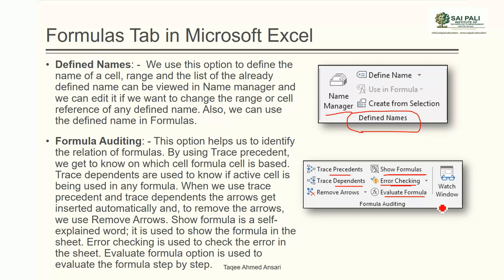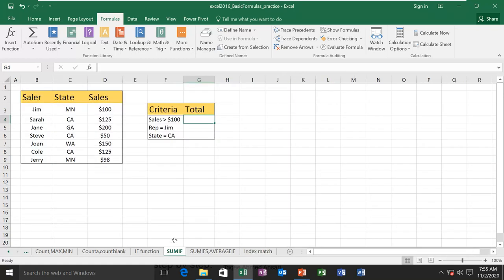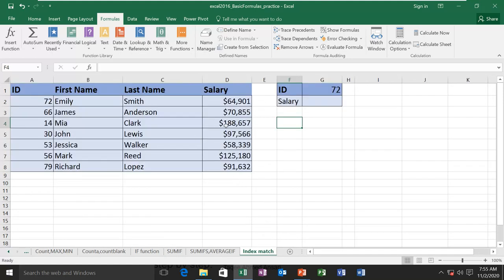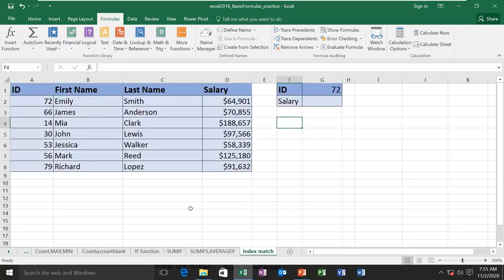This one is the watch window. It is like watching one cell when you are working on another sheet. That means if I'm working on this sheet, and these cells are related to some other sheet somewhere else, I can watch what effect my change here is having on that sheet. Because when I go to this sheet, I cannot see the other sheet, and when I go to that sheet, I cannot see this one. So we can use this to check what is happening when we change the function from here to there.